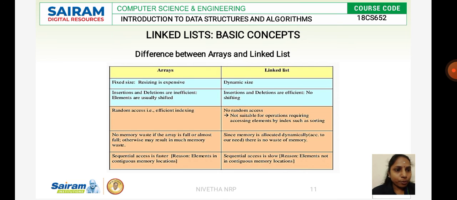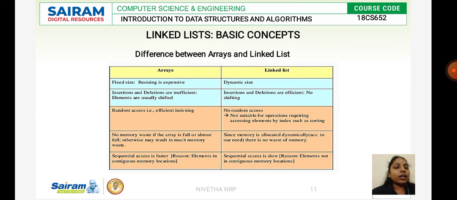This is inefficient. It is a time consuming process, and the memory resource needed to occupy this data is also high. Whereas in a linked list, whichever node I want to insert, I can directly insert a node in a particular location. And when I want to delete a node, I can directly delete a node from a particular memory location. So my insertion and deletion are efficient in a linked list.